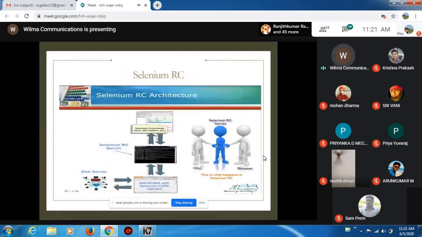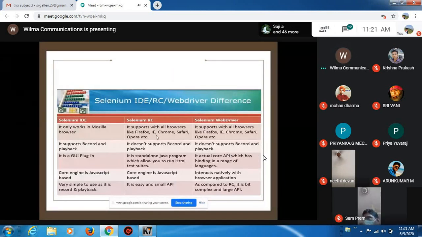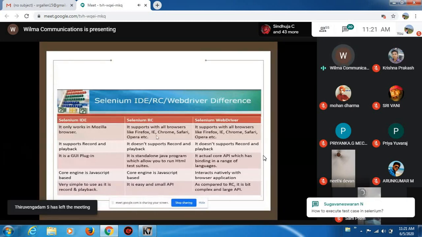Now you can see some of the differences between these different components. Selenium IDE only works as a browser extension, not only in Mozilla, it also supports Chrome. Selenium RC and WebDriver support all the browsers.